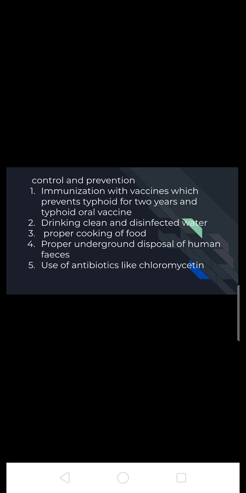Now, what are the preventive measures, or how can we control and prevent typhoid? So immunization with TAB vaccine, and TAB vaccine prevents typhoid for at least 2 years, and typhoid oral vaccines are also given to prevent the disease. Now by drinking clean and disinfected water, properly cooked food should be eaten, and we should also maintain proper underground disposal of human feces. So by following these things, we can prevent the